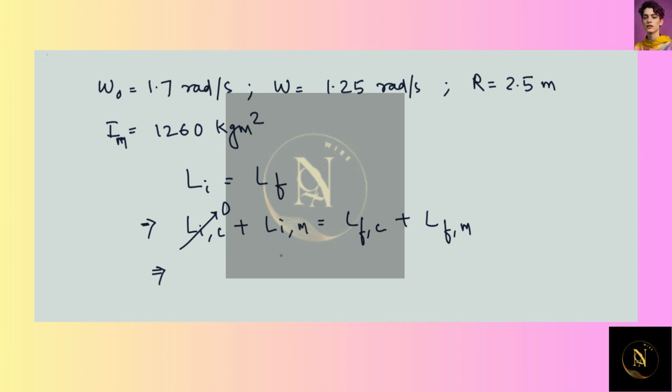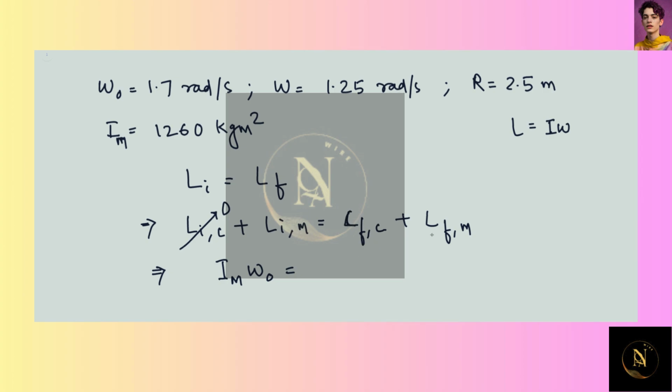Now, angular momentum is given by I times omega. Therefore, for the merry-go-round, this will be equal to I of the merry-go-round times omega of the merry-go-round initially, which is omega naught. And this is equal to